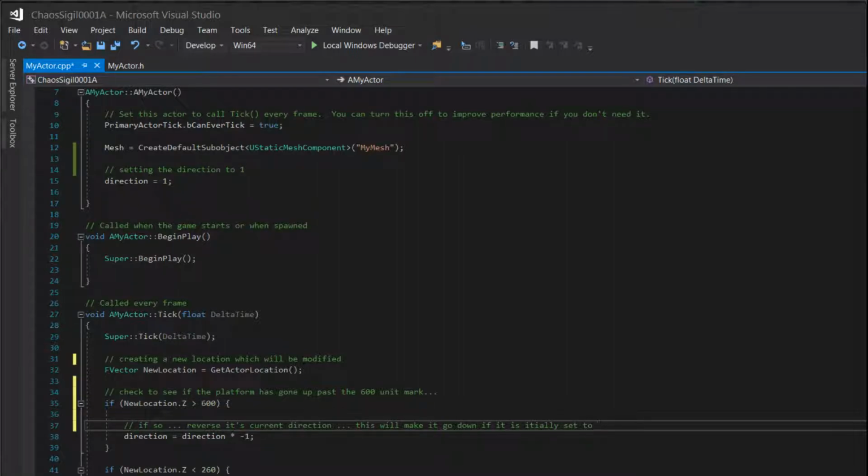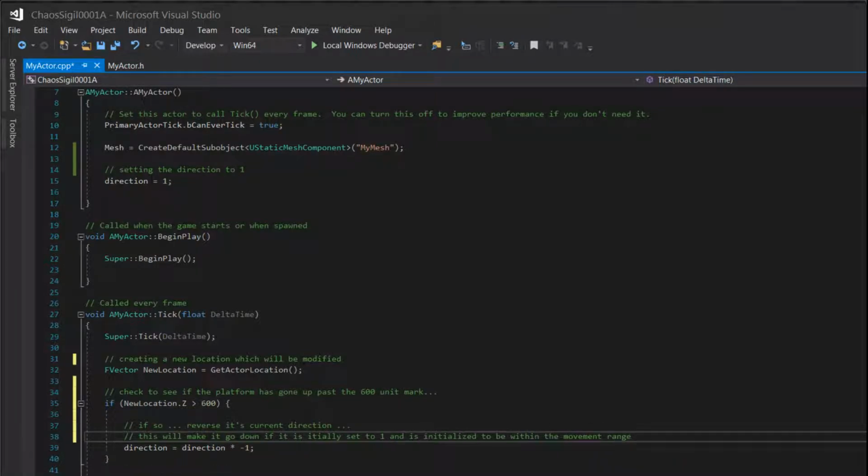if it is initially set to 1 and is initialized to be within the movement area, or movement range, really. So what do I mean by that? If something is initially placed in the Unreal game scene above 600, it's going to have a tough time with this because